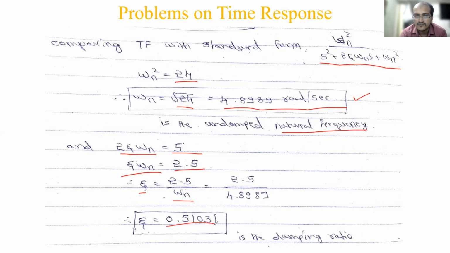Okay, yesterday I told you zeta value will be in the range 0 to 1, right? So in this problem or in this system, its value is approximately 0.5. Okay, so that is the damping ratio, and at this value you will see the second order response. Okay, so hope you have understood.